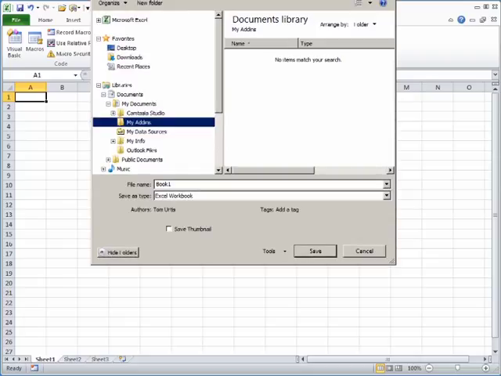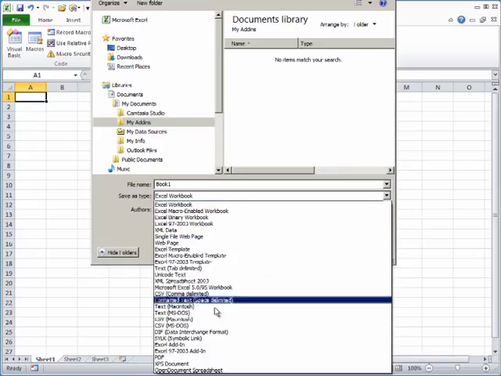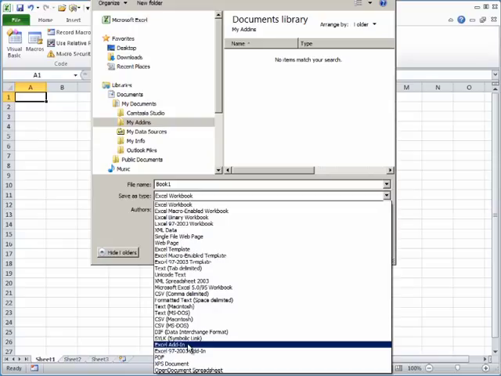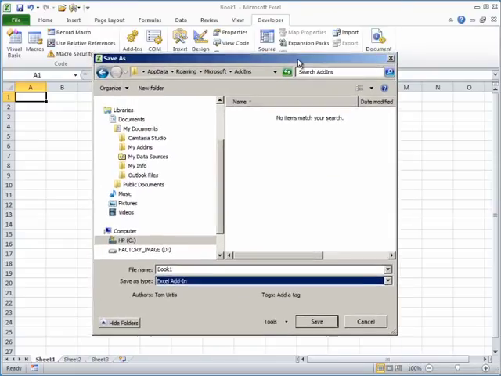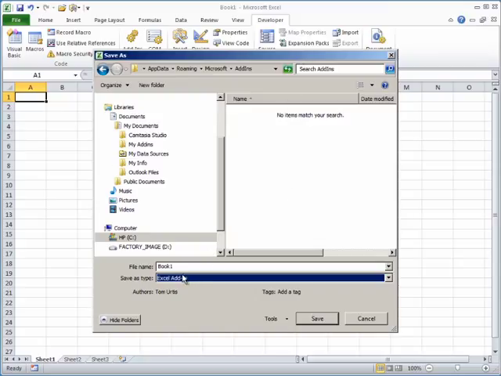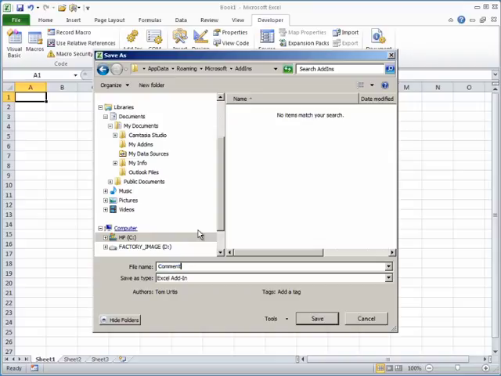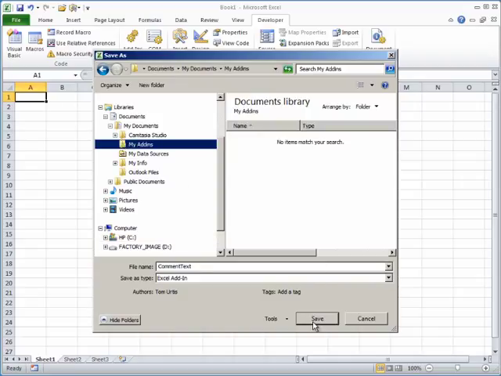Part of it's going to be out of view, but I'm going to do that so that you can see when I click this drop down arrow in the Save As Type field, that Excel add-in is what I'm going to want. So I'm going to select that and then bring the Save As dialog box back into full view, and I am going to name this file comment text. There's no space in between comment and text in this file name. I'm going to have it without any spaces, comment text. It's an Excel add-in type, and it's going to go into the My Add-ins folder. Okay, we are good to go, and I'm going to click Save,